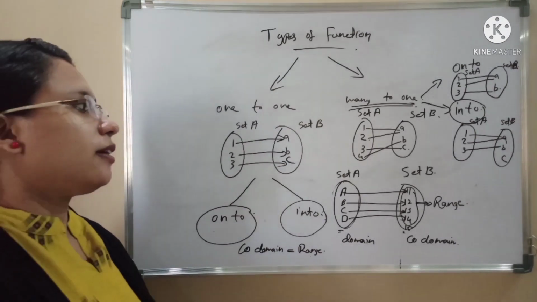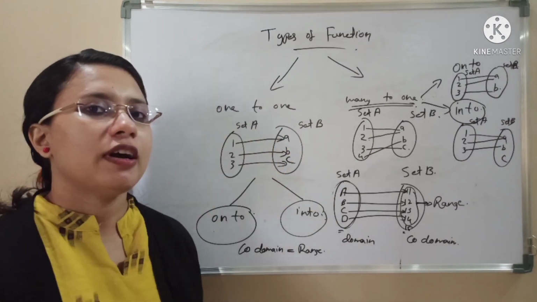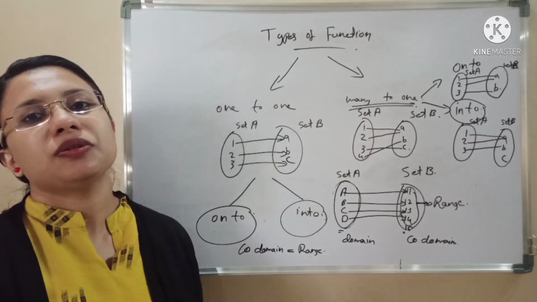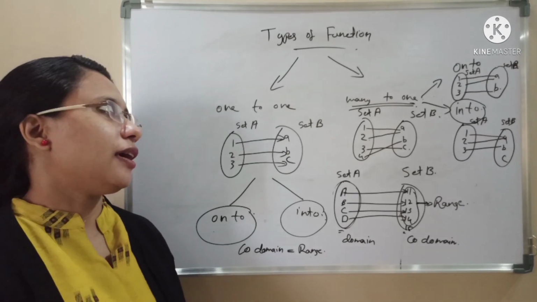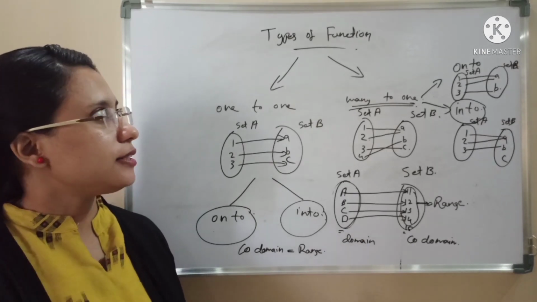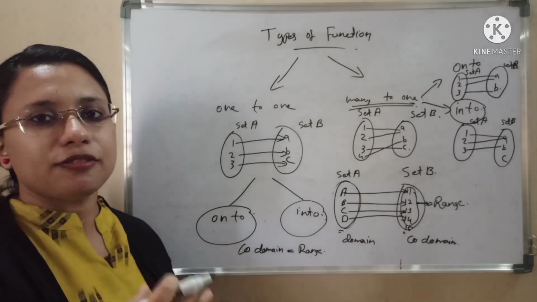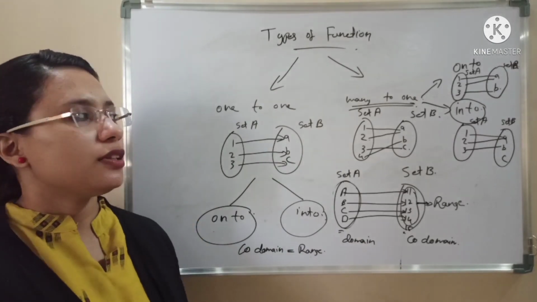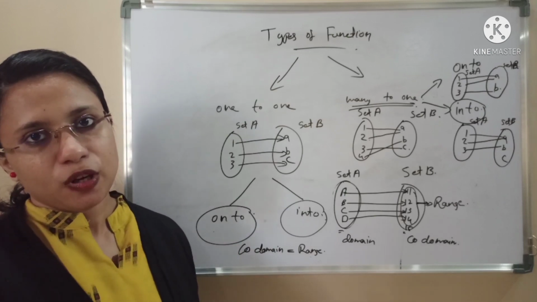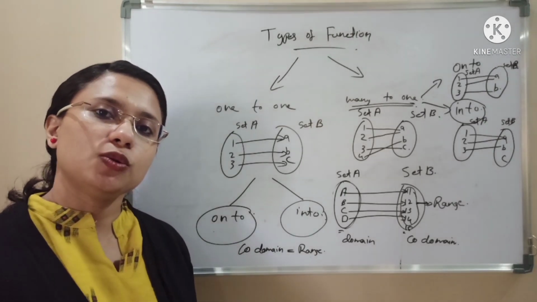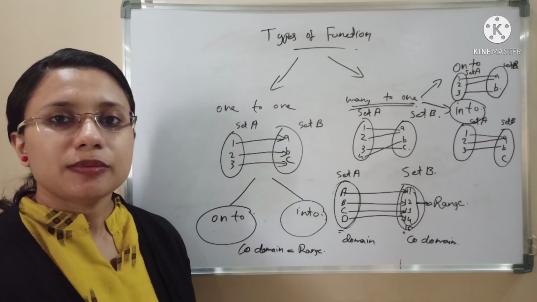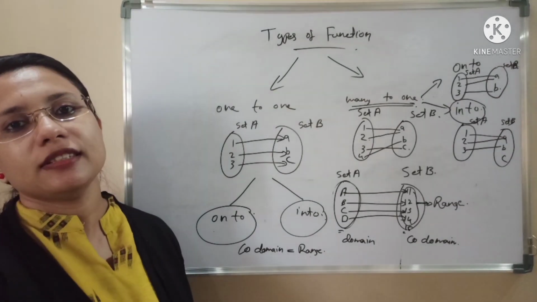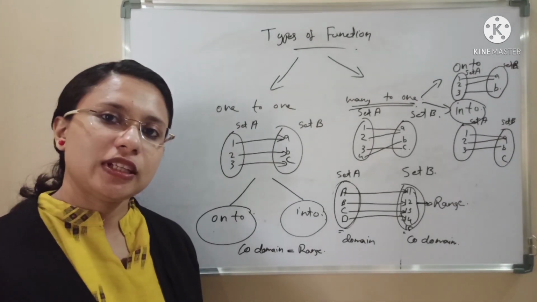So these are the different types of functions and relations. I hope all of you have understood the different categories and the major difference between a function and a relation. In the next class we'll go through different problems related to each of these scenarios. Okay, we'll see you in the next class.